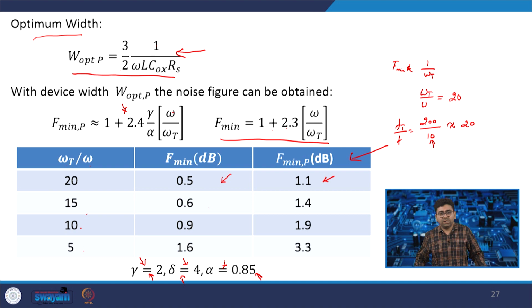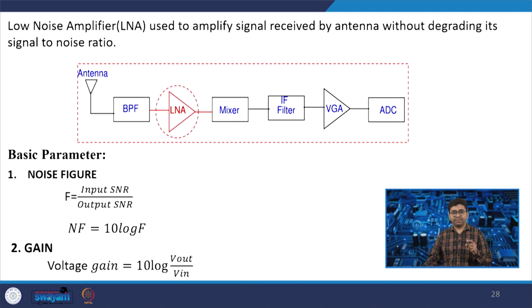Now, we will consider the various topologies of the low noise amplifier and how we can design them. We have already discussed, while discussing the receiver architecture, that the noise factor F is equal to SNR in by SNR out. Noise figure is 10 log of F. Your voltage gain is given by 20 log of V out by V in, and